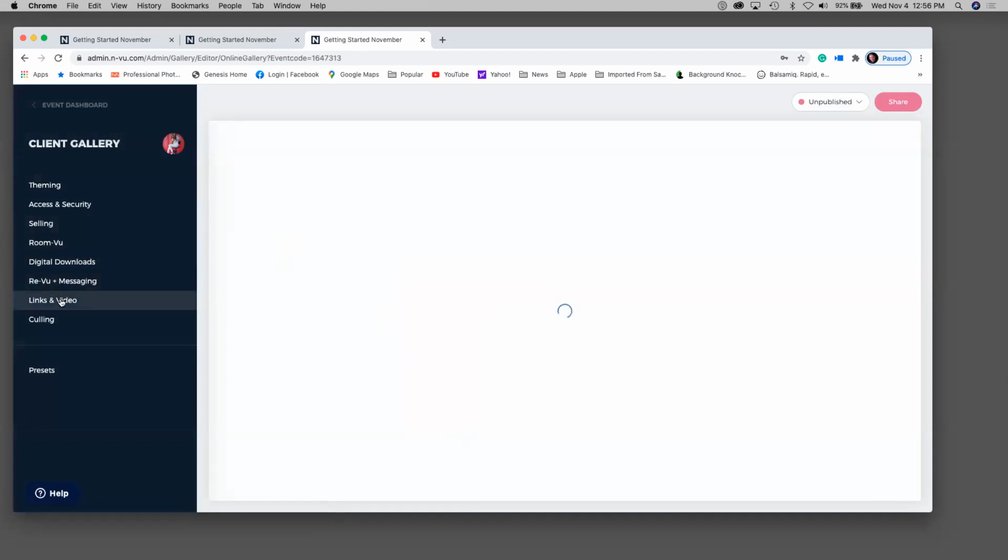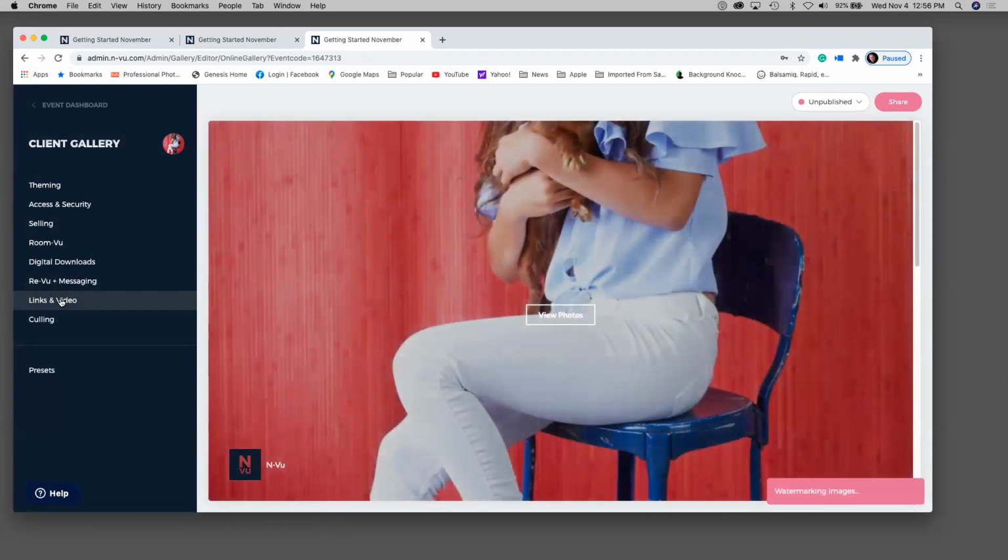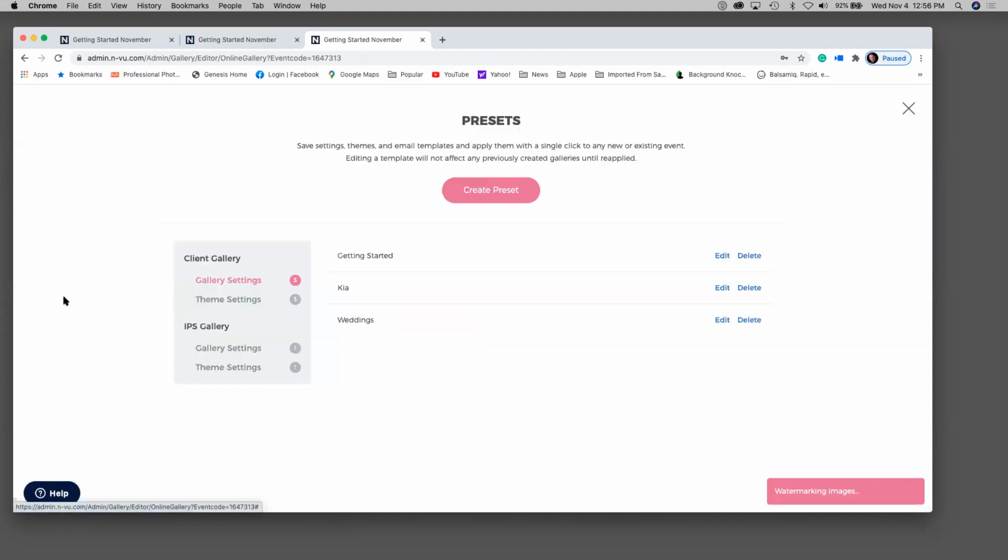I know we're starting to get close on our time here, but I do want to jump into presets. So on presets,